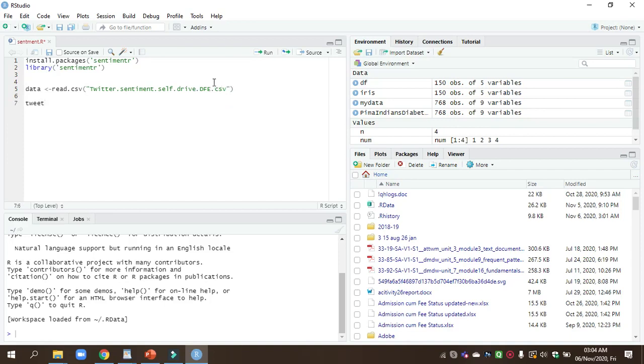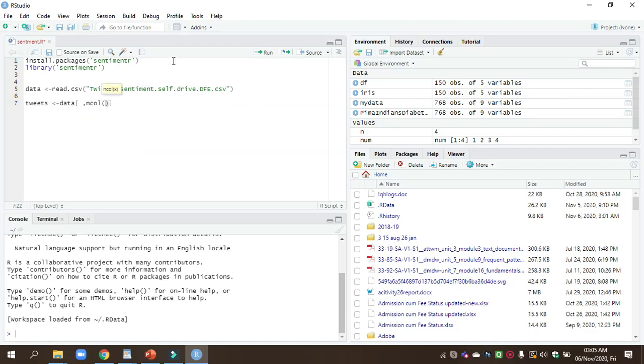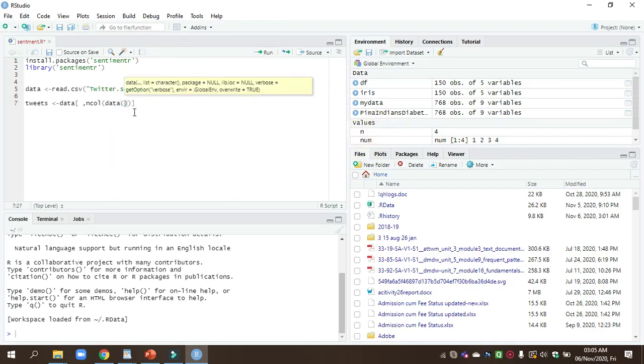Tweets data, comma, and columns of data. Then tweet.